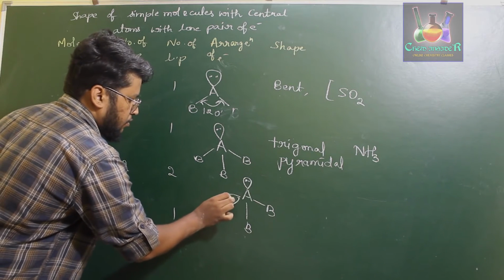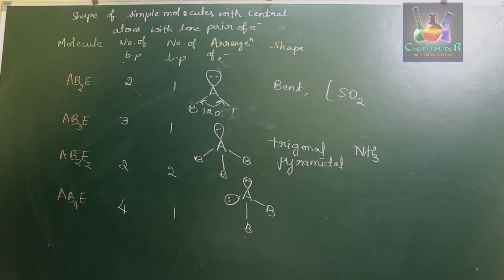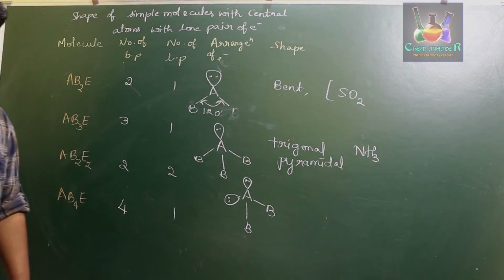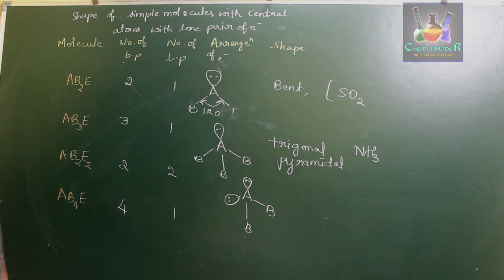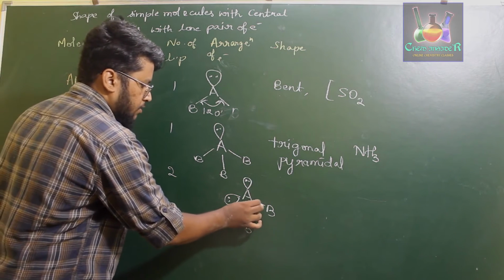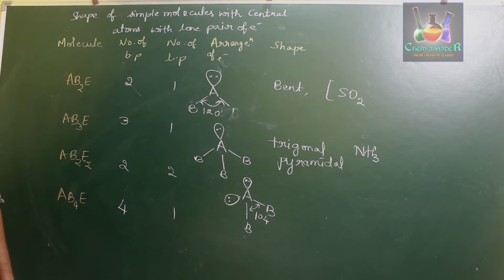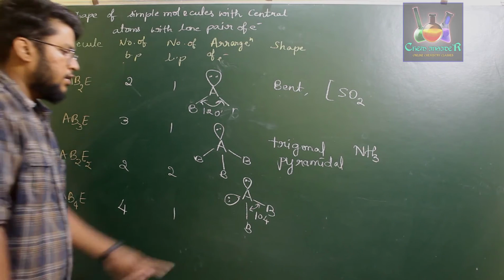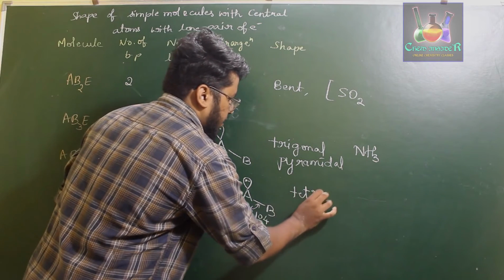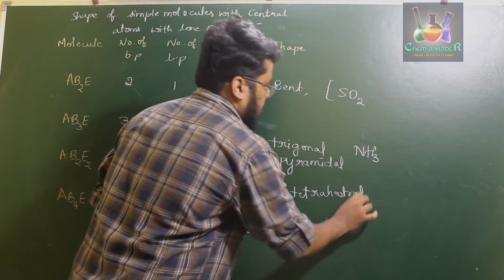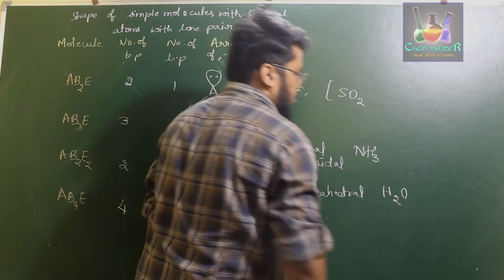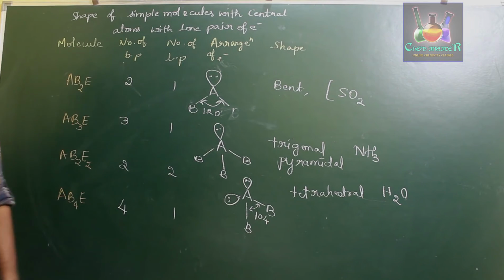And further, usually what we know is, if a compound is of a tetrahedral geometry, the bond angle should be 109 degree 28 minutes. Since there are 2 lone pairs of electrons and we further know lone pair repulsion is much greater, therefore the bond angle between these 2 B atoms will be 104 degree instead of the actual 109 degree. This particular geometry is tetrahedral, and an example for this compound is water, where oxygen carries 2 lone pairs of electrons in it.